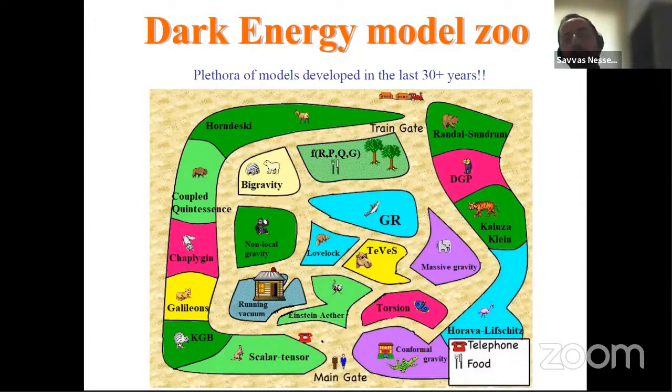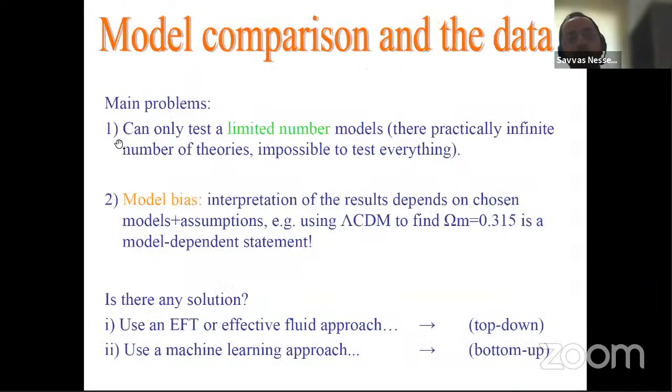Okay, but the machine learning approach might be able to discover some of these features, and that could be very useful. Now, these two approaches are obviously complementary, okay? And I'm not really suggesting that we could use machine learning to replace theory. Of course, I'm also a theorist myself, partly. So, this could be complementary approaches where we could use either an EFT framework to test whole classes of